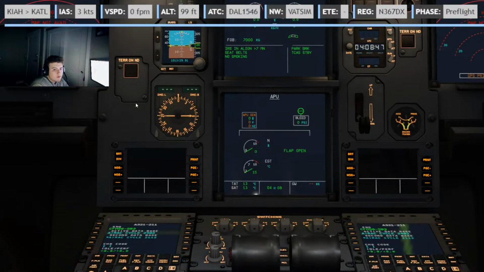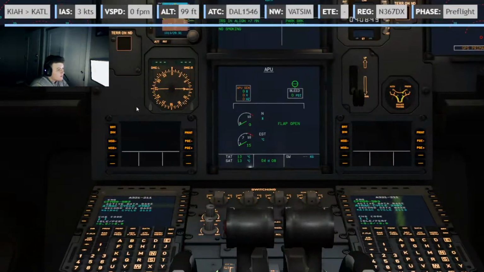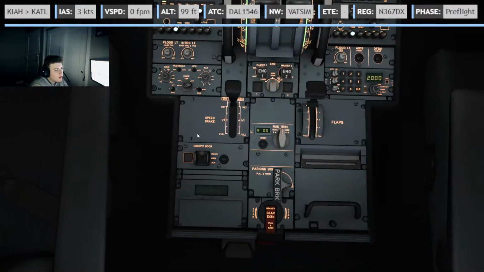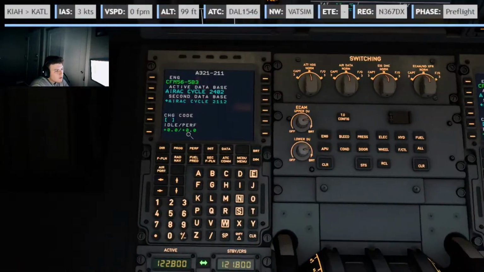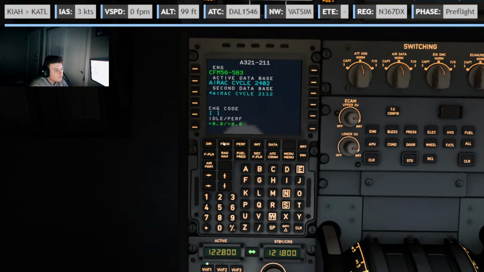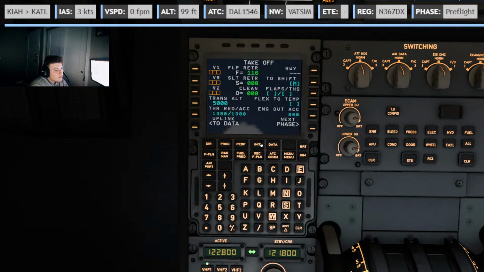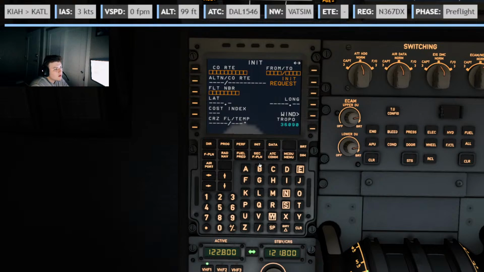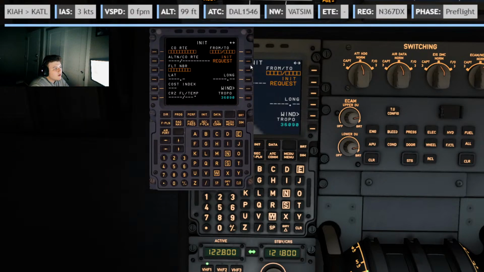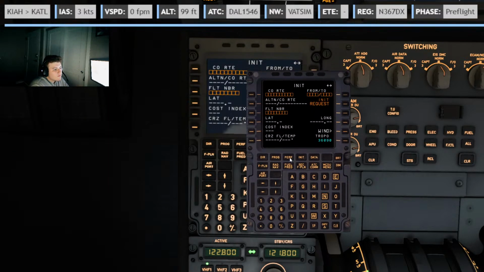Anyway, so here we are. Let's go ahead and get started. I don't want to pull that one up. There we go. That's the one I want. So, I'm going to go ahead and perform initial. I like to pull this out because then I can type on it. We're going to go ahead and do